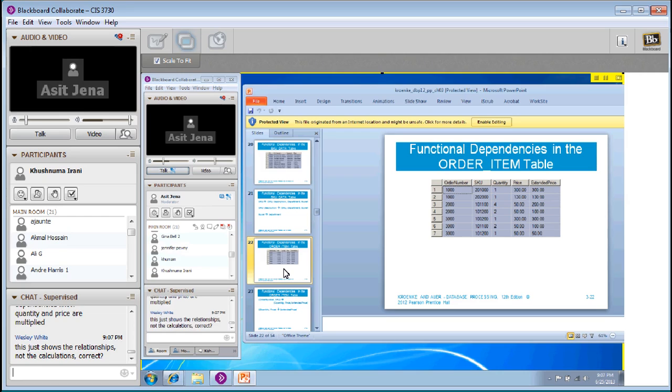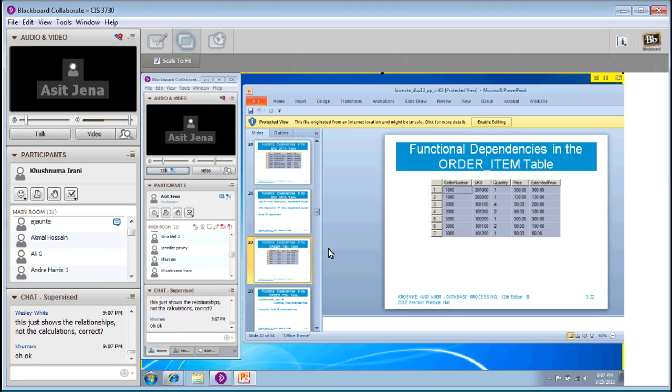These are absolutely not calculations, because these are just showing that there is a relationship. If I knew the order number and SKU number, I will be able to predict, or determine, the quantity, price, and extended price. Similarly, if I knew the quantity and the extended price,